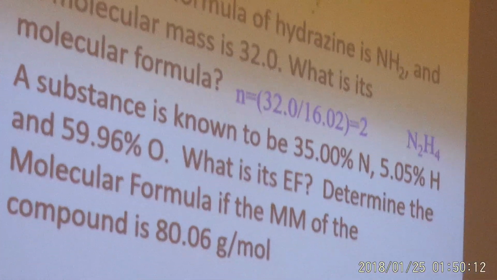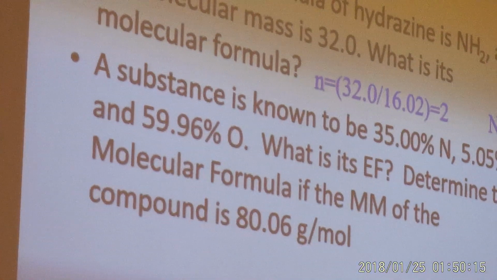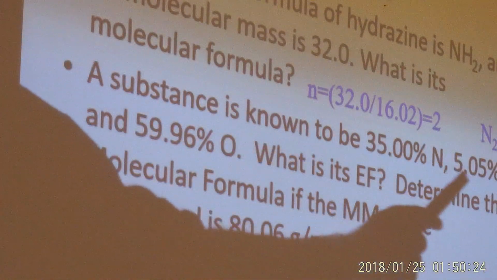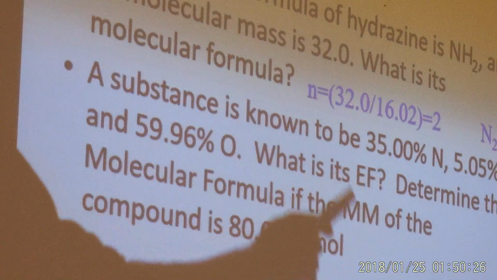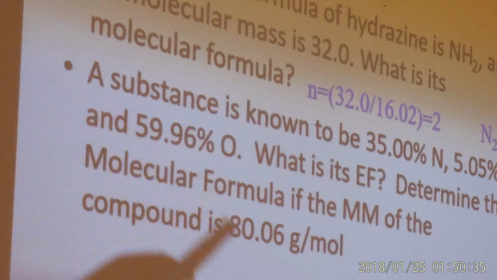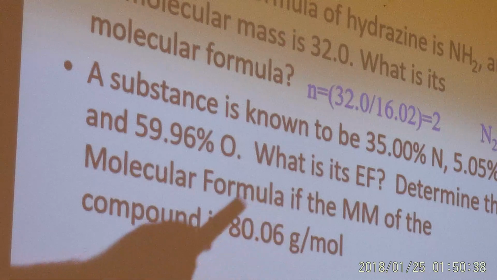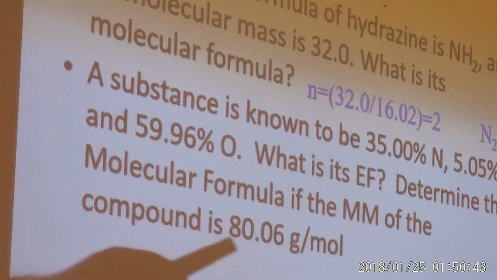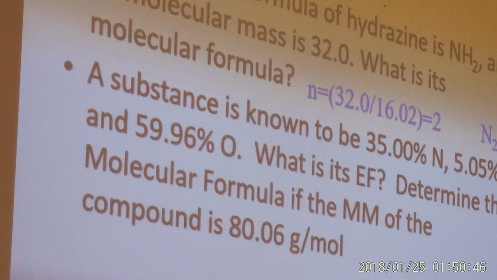Here we go. Here's a substance. We know its percentage of material, right? And I'd like you to use this information about the percentage of the material to identify the empirical formula, the way we did it up on the board. Don't use this information yet, this 80.06. After you identify the empirical formula, then we're going to use this 80.06. What is this 80.06? It's the molar mass. After we get the empirical formula, use the molar mass to identify what the molecular formula